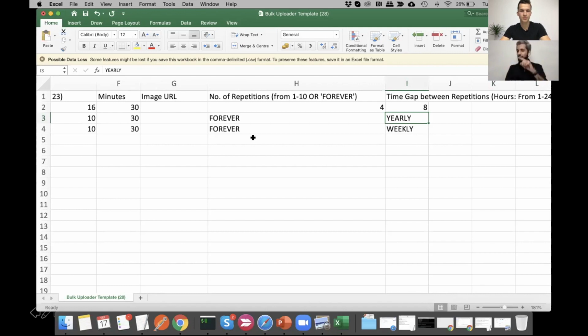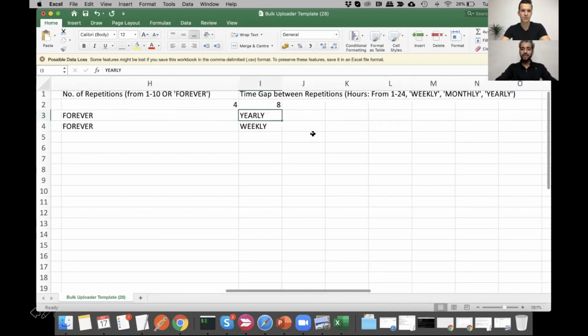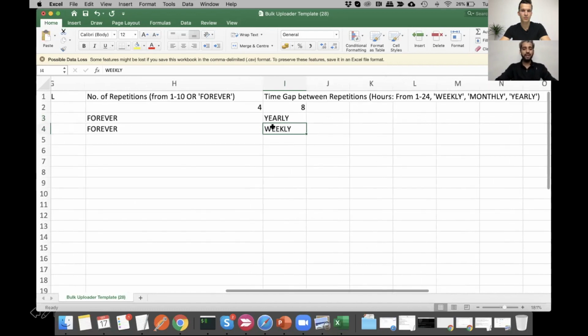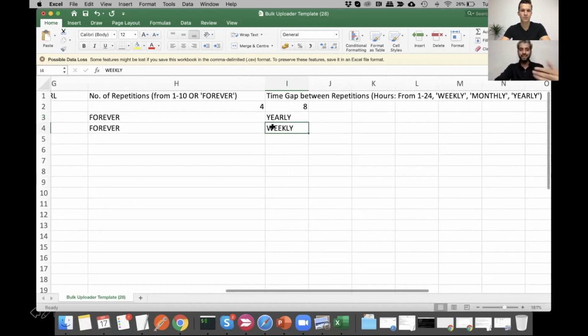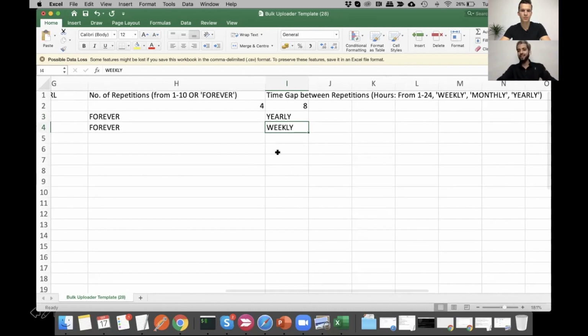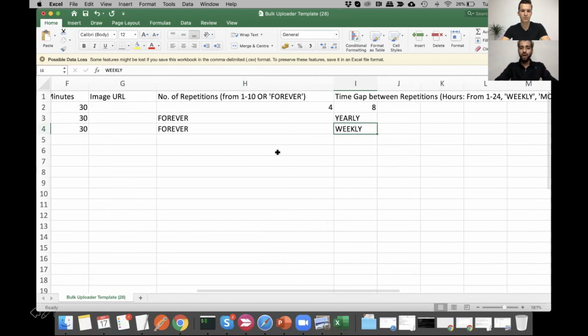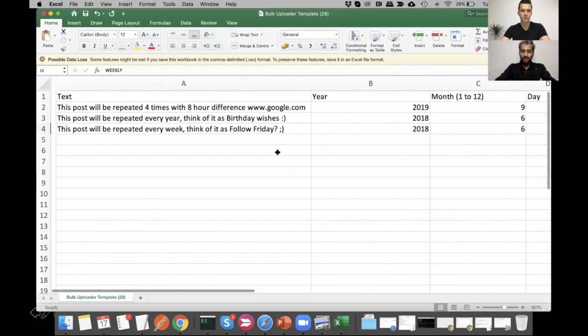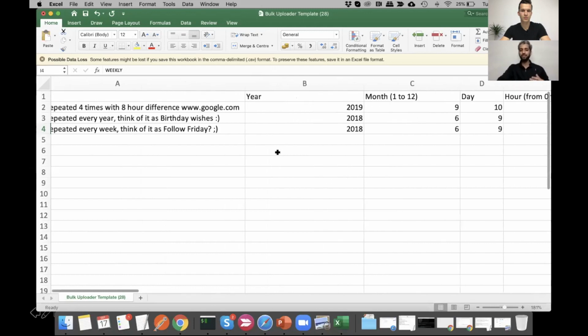Unless you delete it from the queue, it will always be there. So this is forever. Let's say you want to repeat a post forever, but every week, you know, Blessed Friday, Monday motivation, but the same post. It doesn't make sense to post the same thing every week. But again, I said, with great powers come great responsibilities. If you love this, use it, you get more options to do it. So you can play around, but this is one powerful way to repeat content, post content, schedule content from bulk